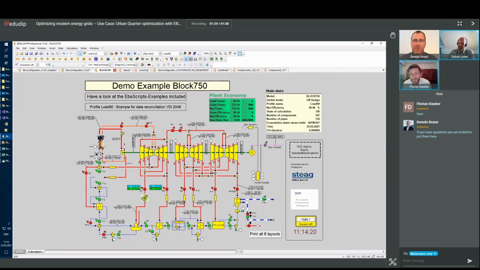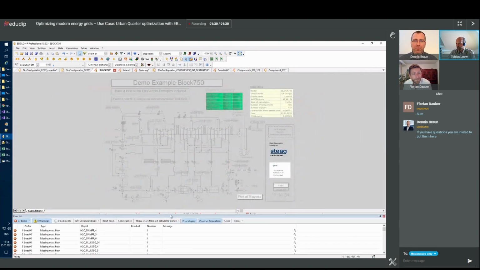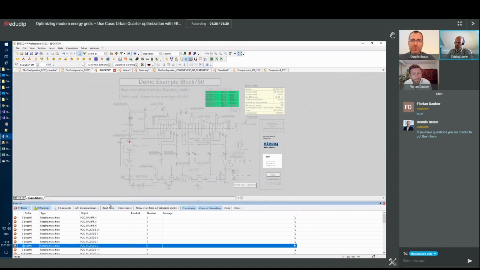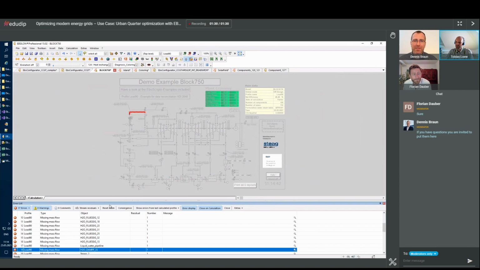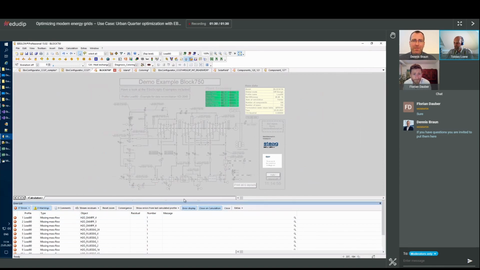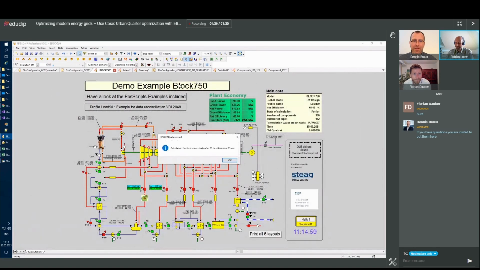Okay, when I now delete this mass flow, the main mass flow is specified up here, and this is just a try, I try to calculate it, I get an error already in the input data, and it shows me, oh, you have missing mass flows. I can see we have missing mass flows on many lines right now, because I could specify the mass flow on any of those lines, but I know there is a mass flow missing, and when I re-enable the mass flow, so I just hit the undo button, it calculates again.